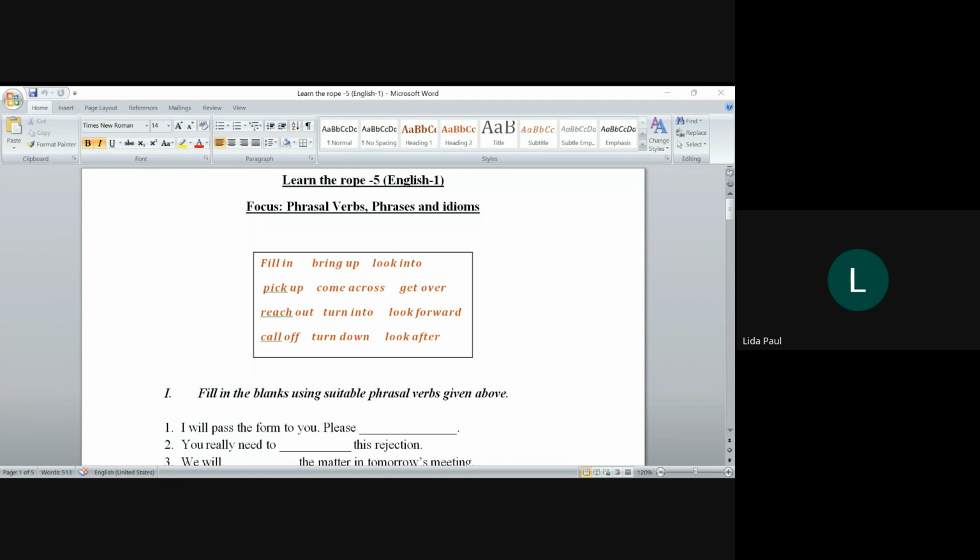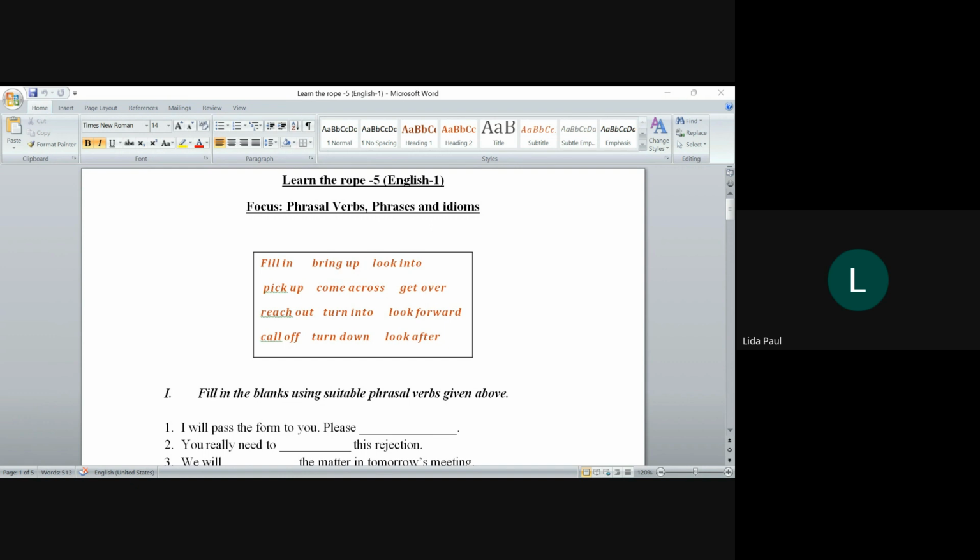So one thing that you should keep in mind, come across is non-separable, that's right, or inseparable, as you find it okay to say. So one thing about phrasal verbs is they are more commonly found in our conversational language than in any other forms, right? So in written English, by which I mean when you're writing in English, in formal communications, usually the advice is to stay away from phrasal verbs, right? Using too many phrasal verbs in your written communication would be considered not a good practice, right?